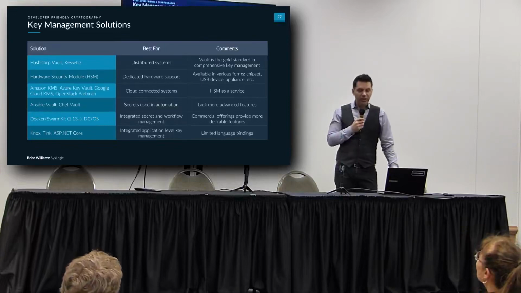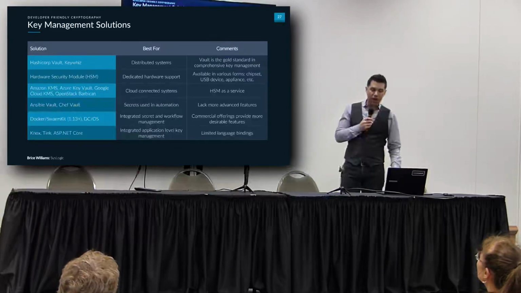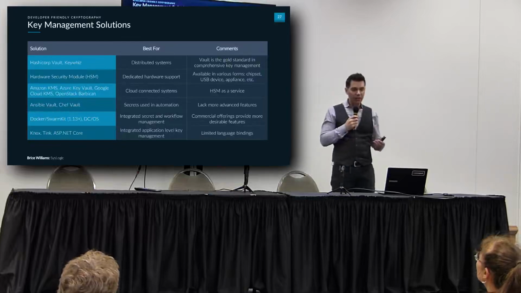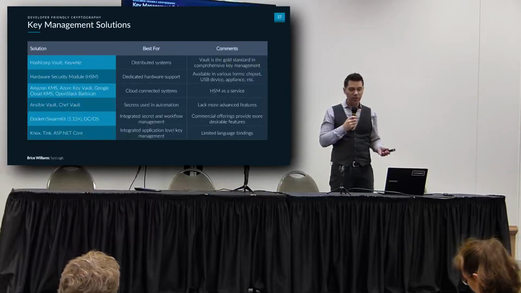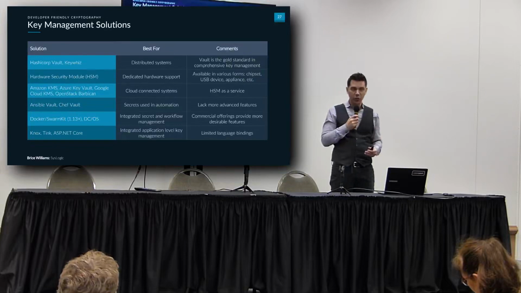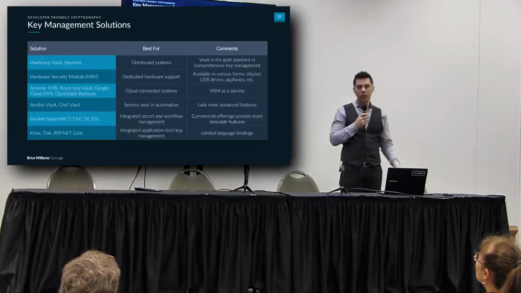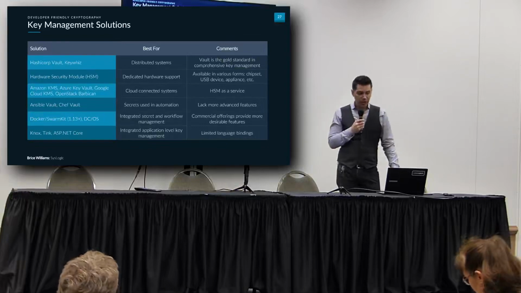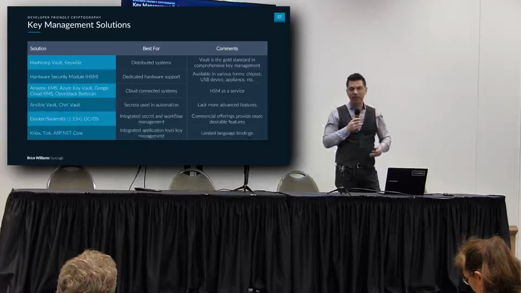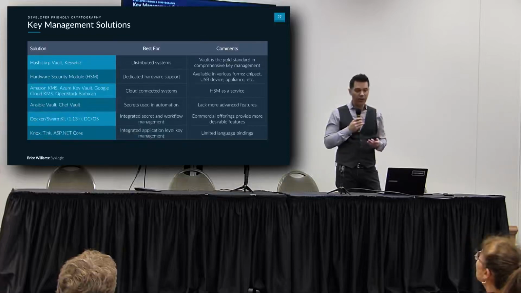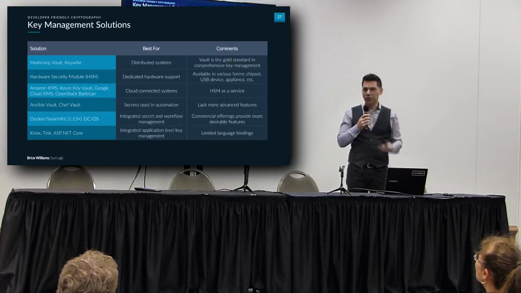If you're working with either Ansible or Chef in automation processes, there's an Ansible Vault feature, and Chef has a Vault feature as well, which is above and beyond just Chef data bags. Chef Vault is more robust for use with secrets and key management. They do lack more advanced features, so for example, if you're using Ansible Vault, you're not going to get all the feature set that you would with HashiCorp Vault, but because it's built in, it can obviously be very convenient, and it's a good place to start.